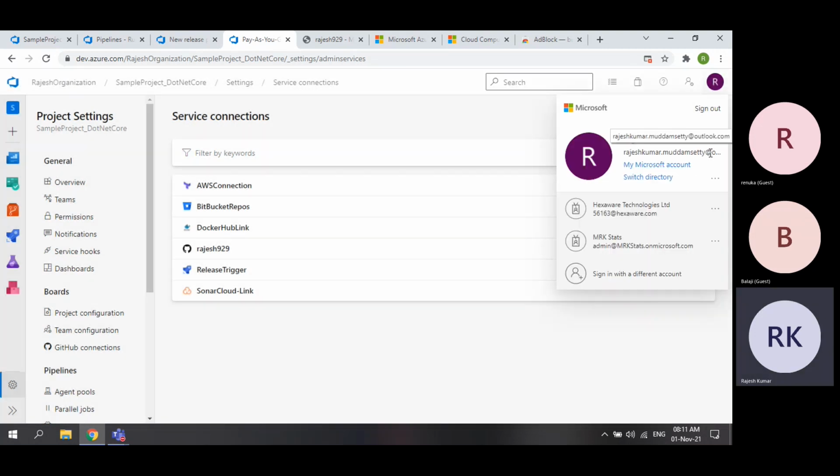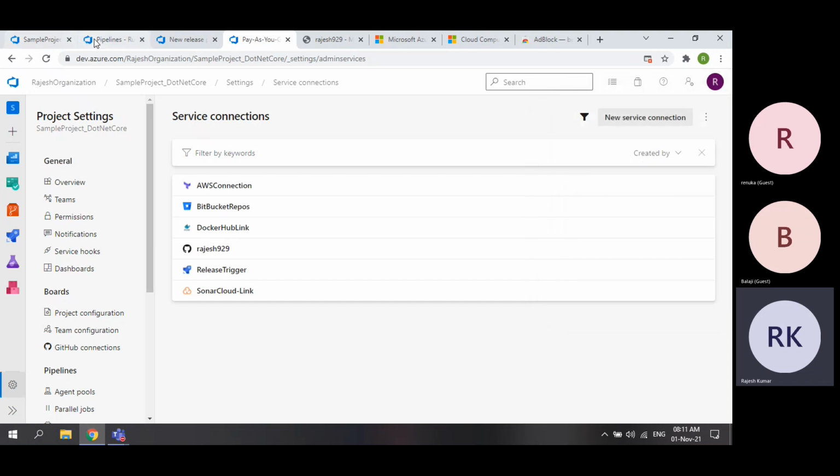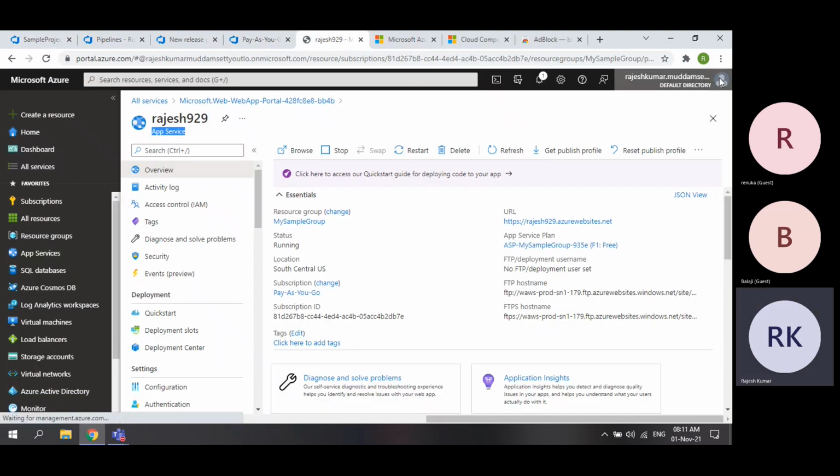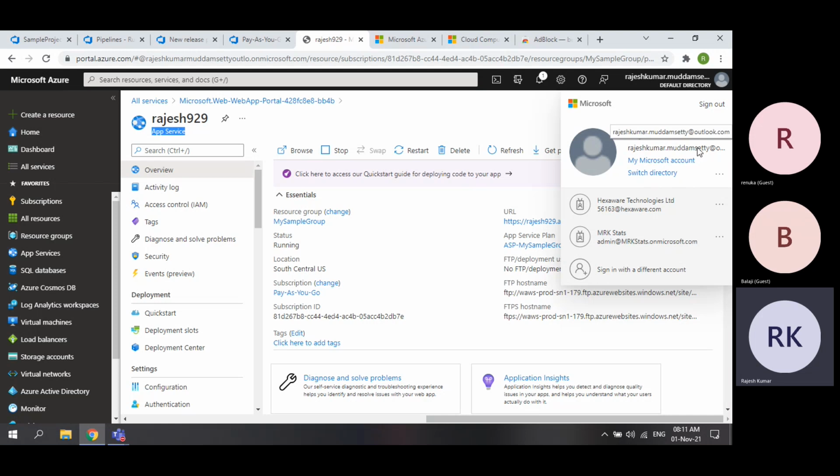Here you can see my account is rajeshkumar.muddamsetti@outlook.com. And going back to here, here also my account is the same, rajeshkumar.muddamsetti@outlook.com.